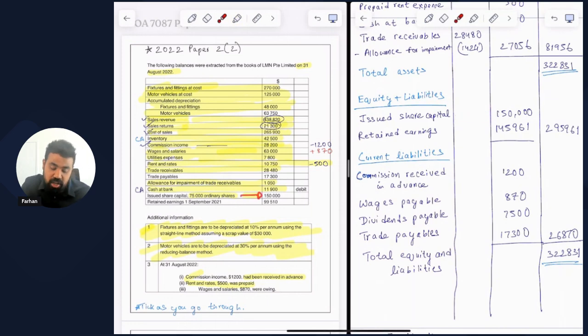We do not really have any adjustments in this case because we do not have any additional share capital that was issued or cash that was received from new shareholders and new owners. Then we have the ending retained earnings of $145,961. So ending retained earnings is part of your equity because equity essentially means the capital that is available for